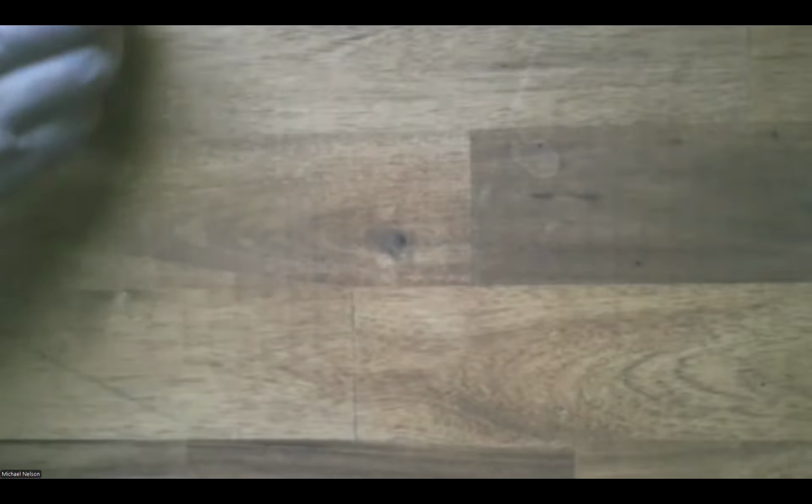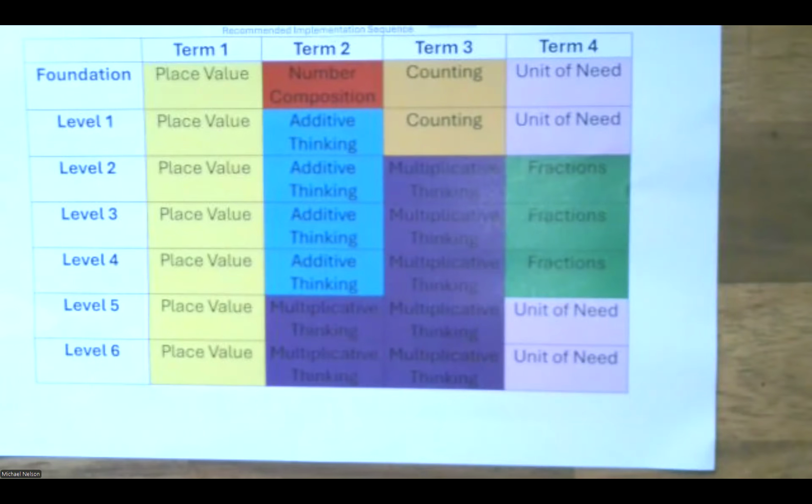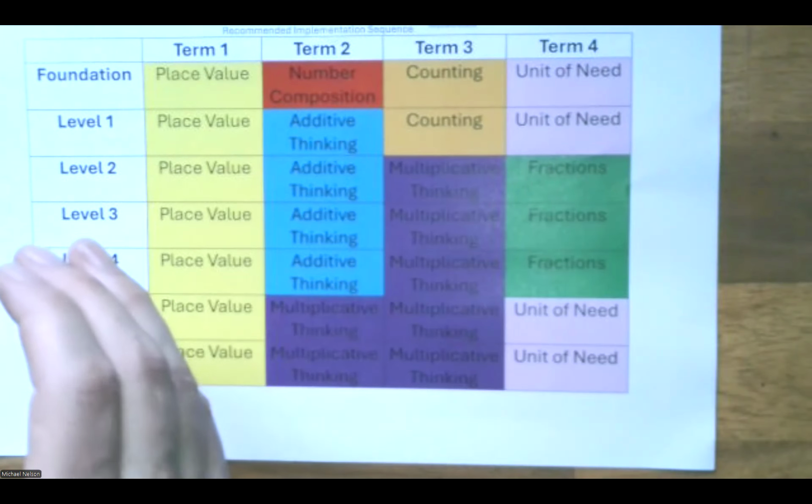So I'll answer a few questions that have come up via email. It is a paid program because if I go back to the scope and sequence, you can see there's a large amount of units. So if you're interested, we can obviously talk about pricing. It's priced based on student, but again, based on the feedback we're getting from schools, it might be purchasing units